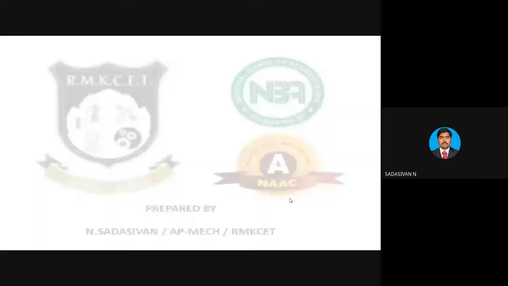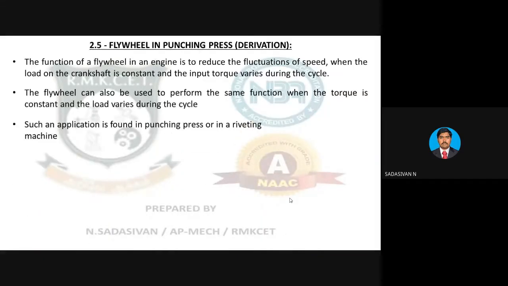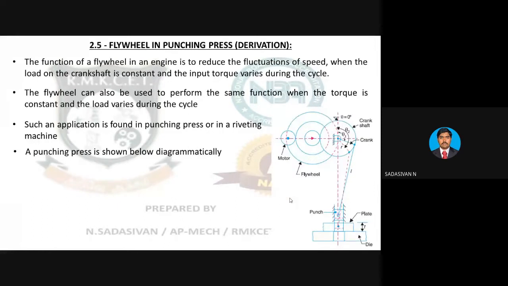Let us consider this to be a punching press. I don't want to go into all the points, and actually I prepared everything, but we don't have time to see all that. So look at this diagram here. Actually, it is a slider crank mechanism. The workpiece is here. The die is placed, and the punch comes and hits the workpiece. It gets deformed, or a hole is created, whatever.